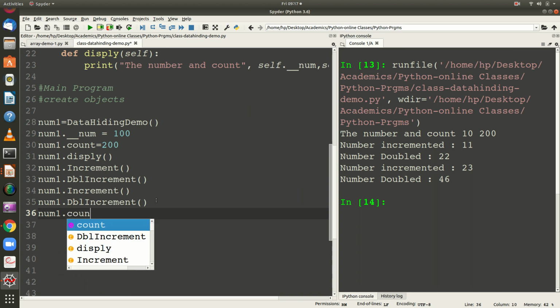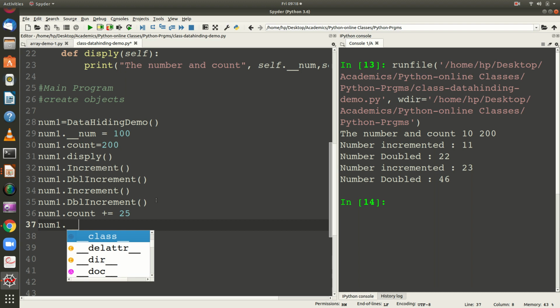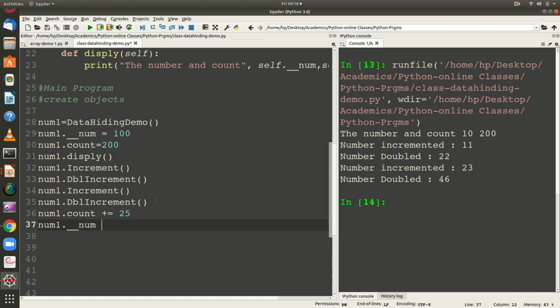I can say count plus equal to 25. I am incrementing it with 25. But if you try to increment underscore underscore num plus equal to with 20, you cannot do that. And let me invoke display now.